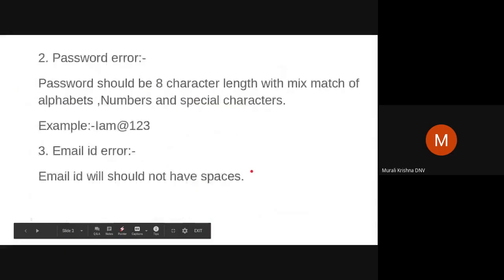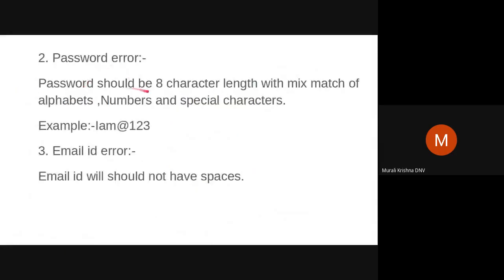And second, the password error. The password should be 8 characters in length with a mix of alphabets, numbers, and special characters. For example, if you see this example, I am at the rate 123. In this, I is a capital letter, m is a small letter. At the rate is a special character. 123 is the number. Okay. The third